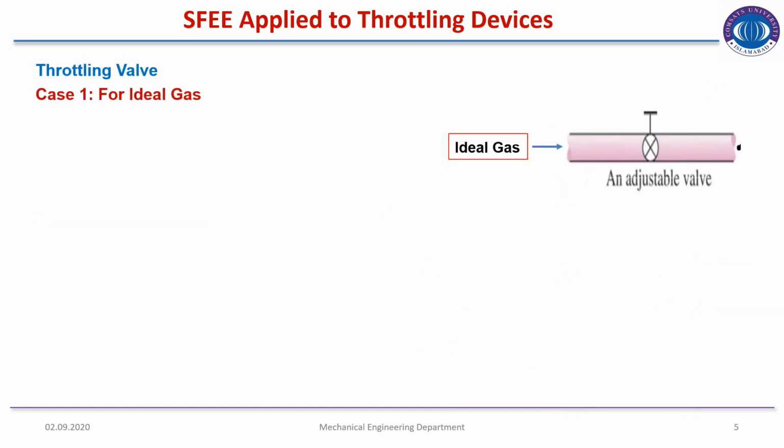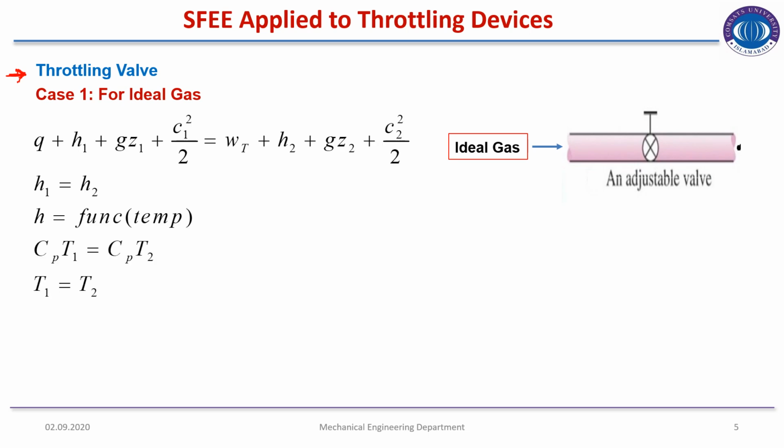So for throttling devices, particularly we are talking about the throttling valve, or you can say that we are talking about the throttling devices overall. So there are two cases. For case 1, we will solve it for the ideal gas. So if we use ideal gas as a substance for the throttling process, so if the ideal gas is entering into a certain pipe and a throttling valve is installed and ideal gas is moving